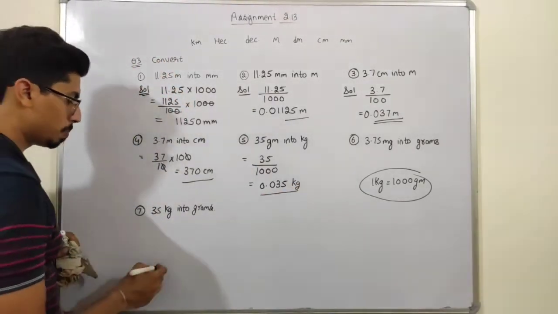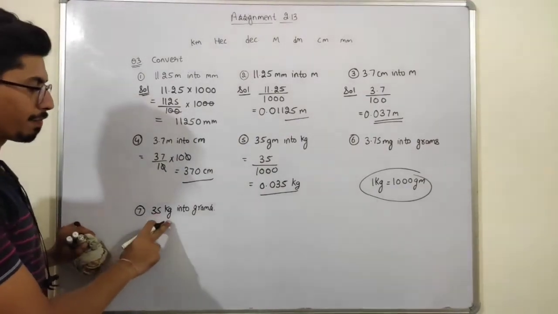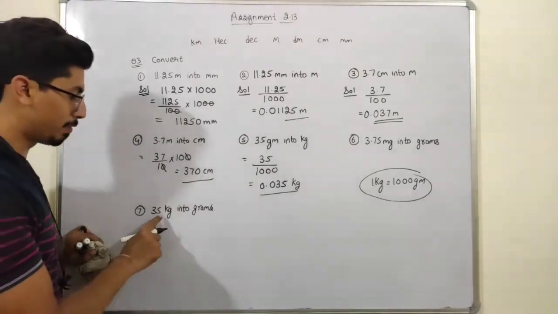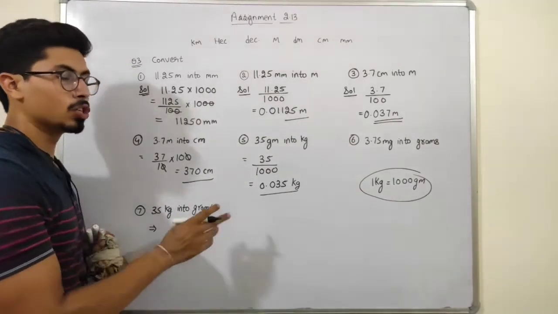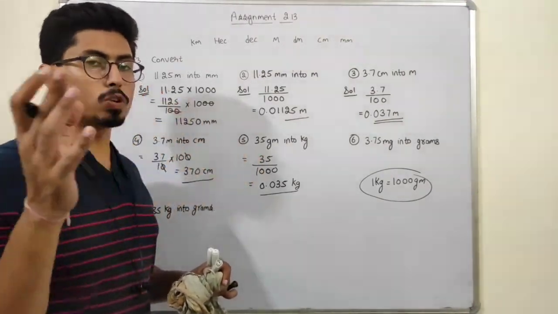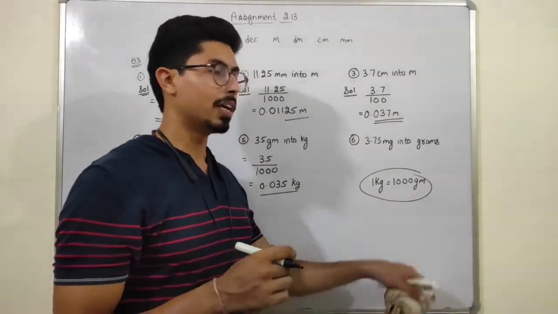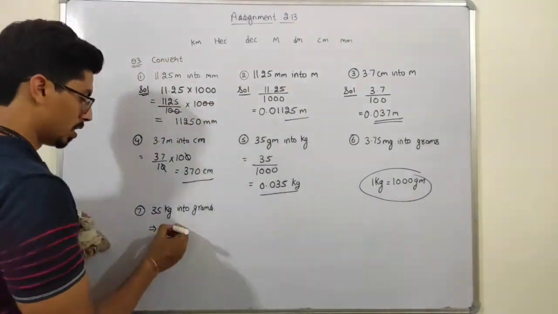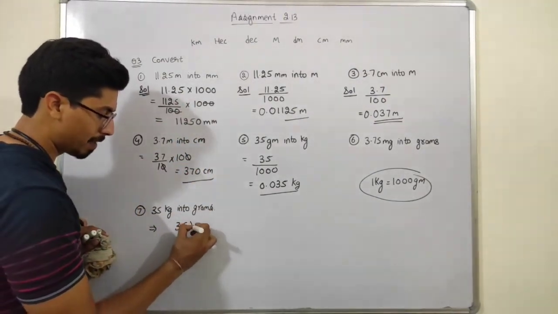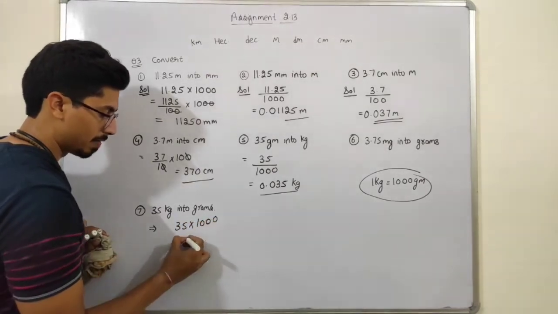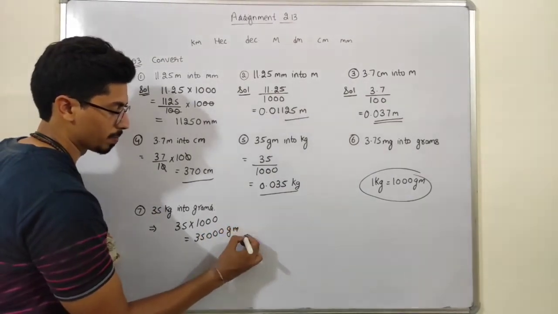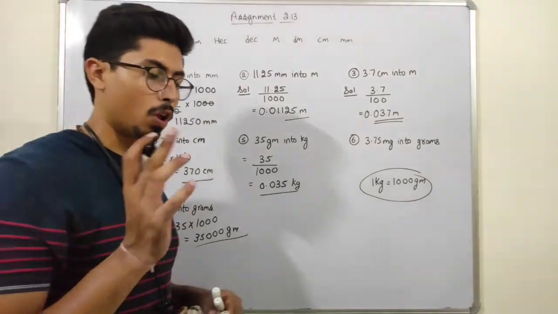Okay. Now students, this part, I have to convert 35 kilogram into gram. So from a bigger unit I have to go to the smaller unit. And the relation between 1 kg and gram is 1000. So from bigger I have to go smaller, so I have to just multiply it. So 35 when multiplied by 1000, it will be 35,000, students, and the answer is in gram. Okay, so I hope all of you understand this thing.